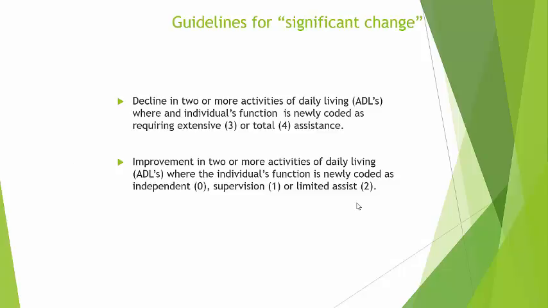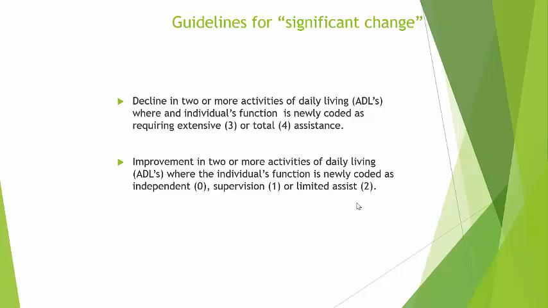Guidelines for a significant change: basically, if there's a decline in 2 or more activities of daily living where the individual's function is newly coded as requiring extensive or total assistance. Extensive being they now require physical hands-on weight-bearing assistance, and total assistance being that they no longer are able to